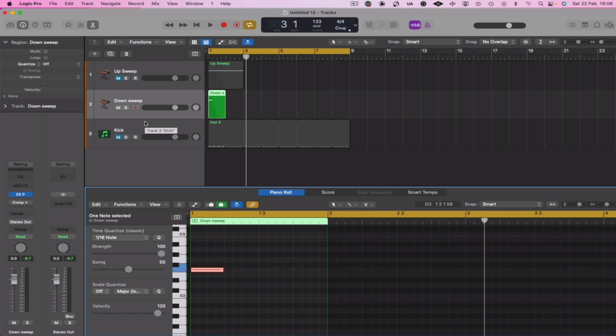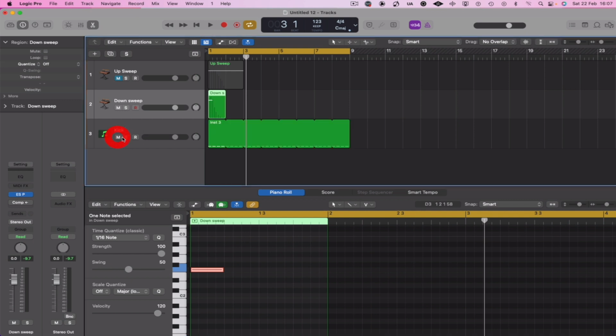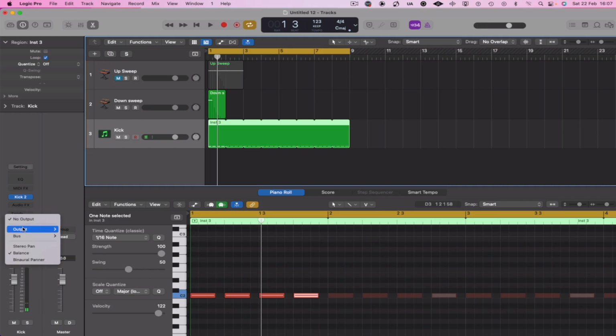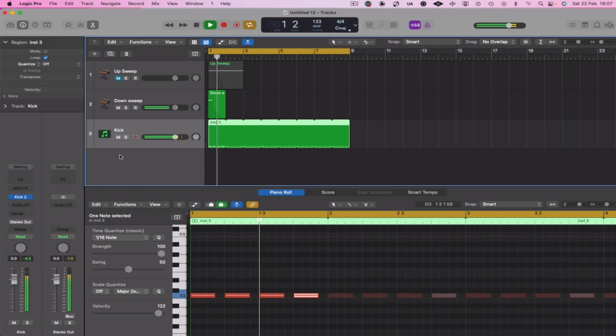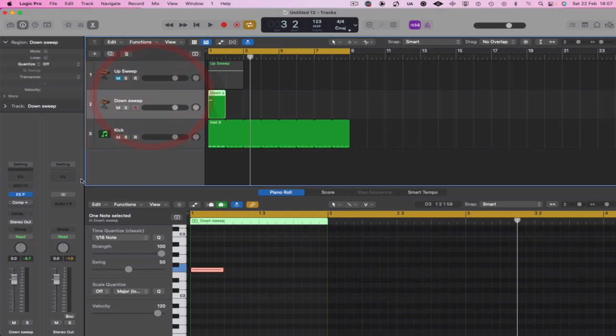And this doesn't have to be, I've got a kick drum made here. If we just quickly listen to this. Oh, I've turned the kick output off. Let's give that some output. It doesn't have to be a kick. You could sidechain anything you like into a compressor on the down sweep. So we'll do it with the kick so you hear what happens, and then obviously we'll just change the output